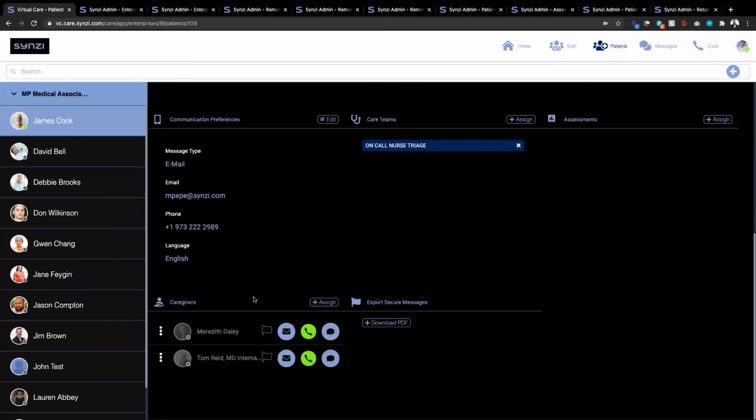On the caregiver aspect, you have the ability to add as many caregivers as you like to a patient profile. And caregivers we use very broadly within Synzi. These can be family members, they could be outside community physicians, like I mentioned. You can attach as many as you need here to communicate with, but a very common use case of ours is maybe a patient that's not too tech savvy, or a family member that lives nearby, or even lives at